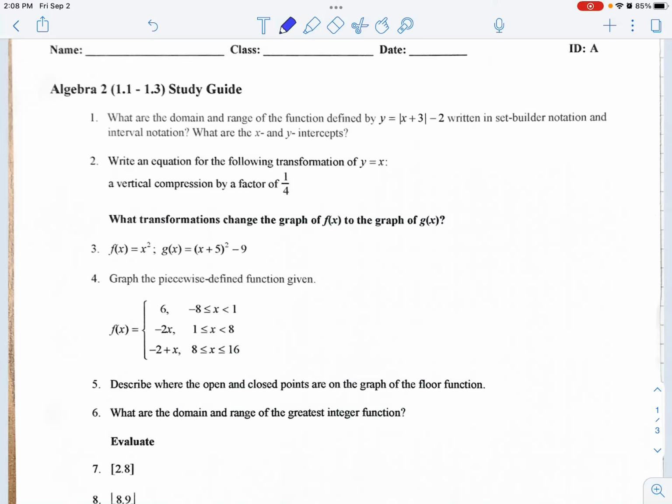All right, number one: what is the domain and range of the function defined by absolute value of x plus 3, minus 2, both in set builder and in interval notation? And then we're also finding the x and y intercepts. So the first thing we want to do is look at the graph